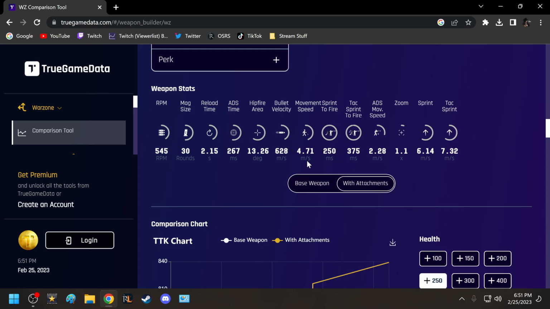Or excuse me, that's not... I'm sorry, that's meters per second. Sorry, your character will move 4.71 meters per second when he's just moving. Sprint to fire. So sprint to fire is how fast your character will have his gun in the firing position